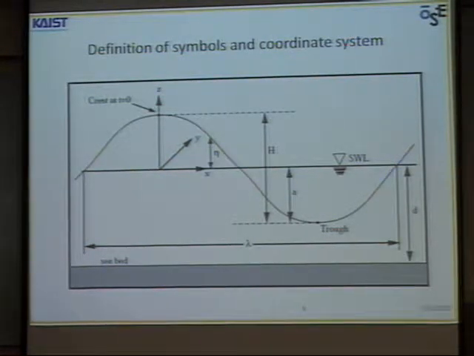Then we assume there's no current, so there's no wave blocking due to the current, and we ignore the surface tension, which is essentially important to capillary waves, and we assume the water depth is constant, so there's no diffraction due to the change of the bottom water depth, and we also assume the atmosphere pressure is constant,